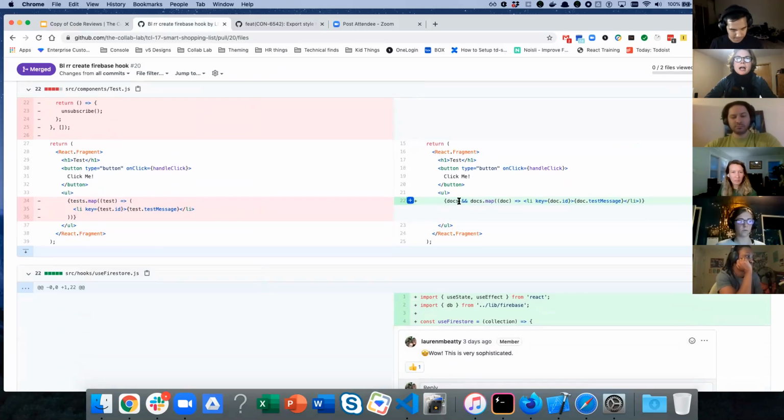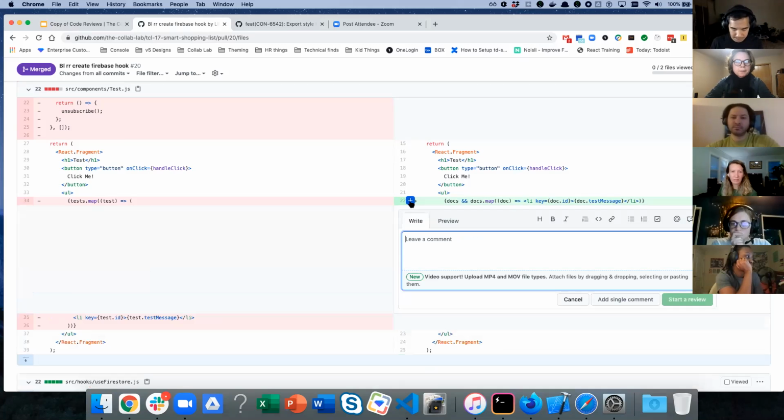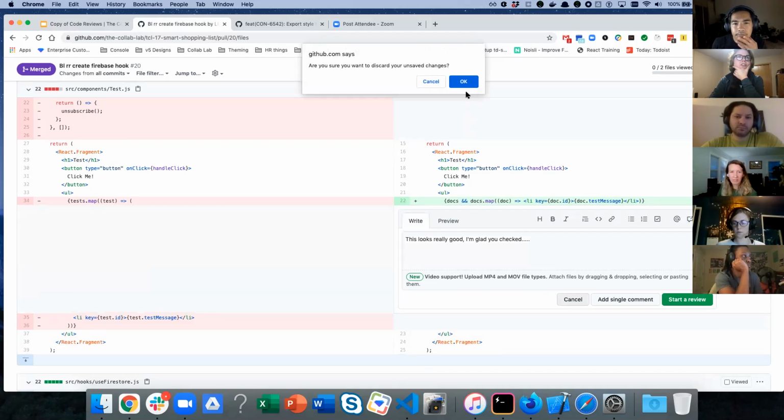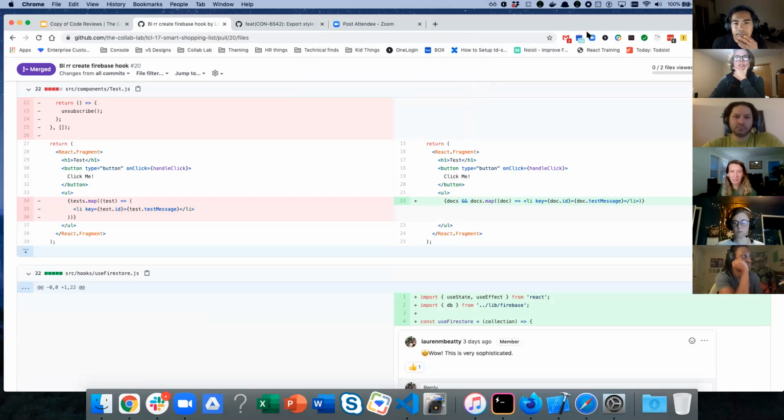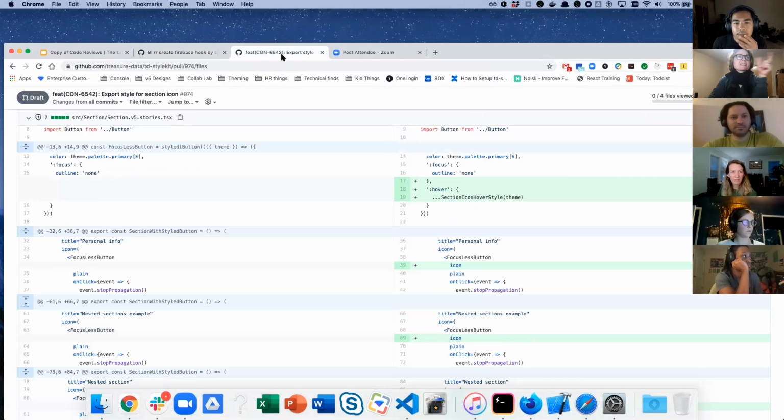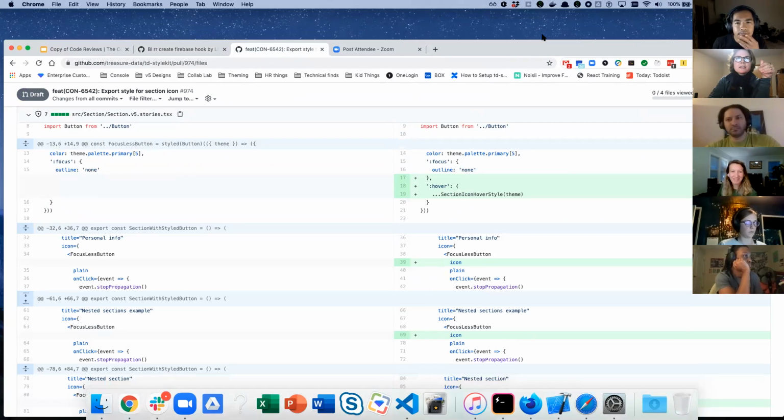Okay, so let's say I'm at this line of this file, right? I can click on this little plus sign if I have a comment about that particular line. I can say, all right, this looks really good. I'm glad you checked that. You can write those comments right in line so they know exactly what you're referring to when you're doing that code review. And then I'm going to pop over to, yes, I do want to discard those changes. Okay, because that PR has already been merged, I can't do that. But in this PR,